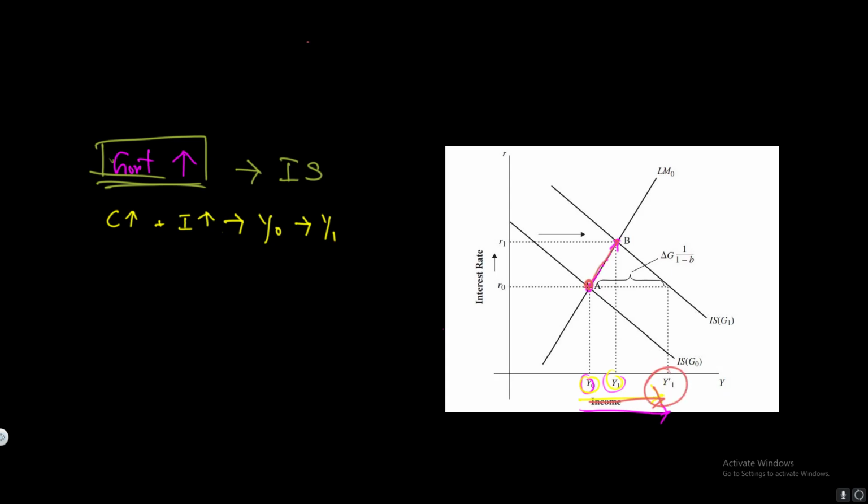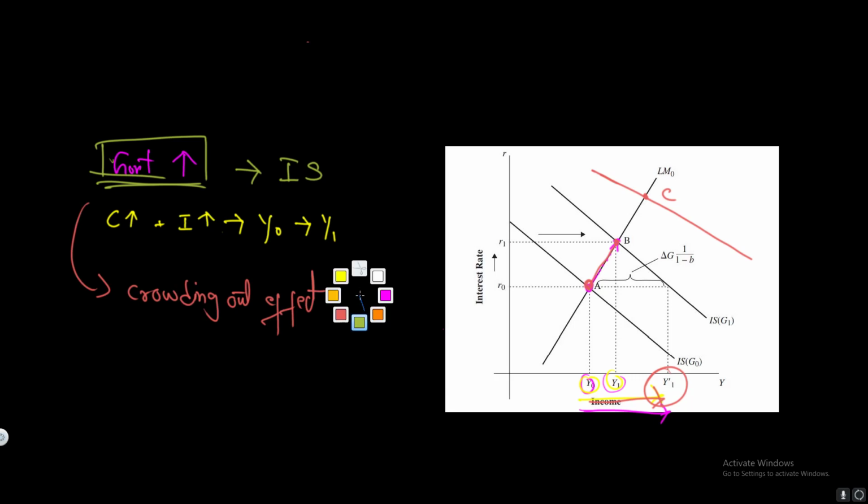So the equilibrium is going from A to B, but why doesn't it go from, let's say, A to, call this point C? Why doesn't it go from A to C? And the reason is, when the government spending increases, we have a crowding out effect, which essentially means that besides the government spending, we